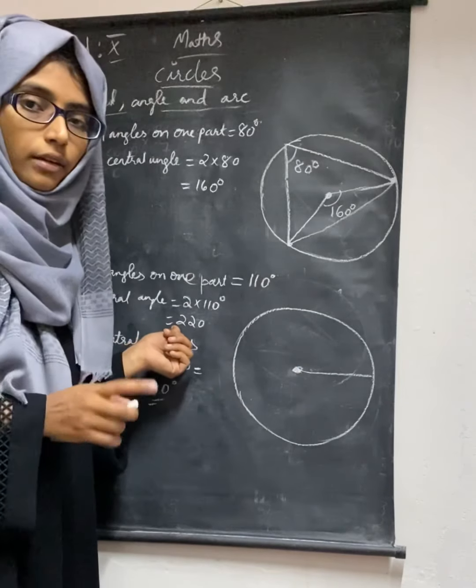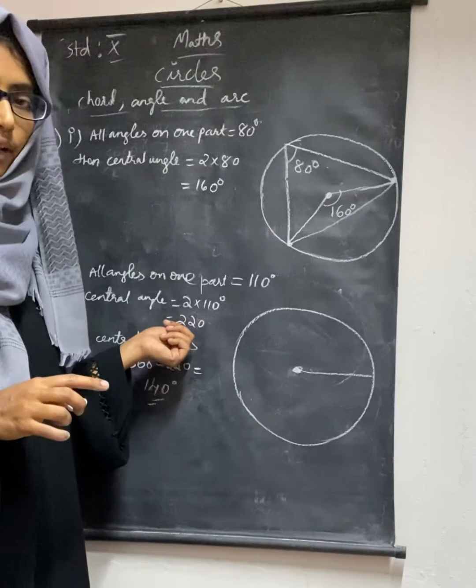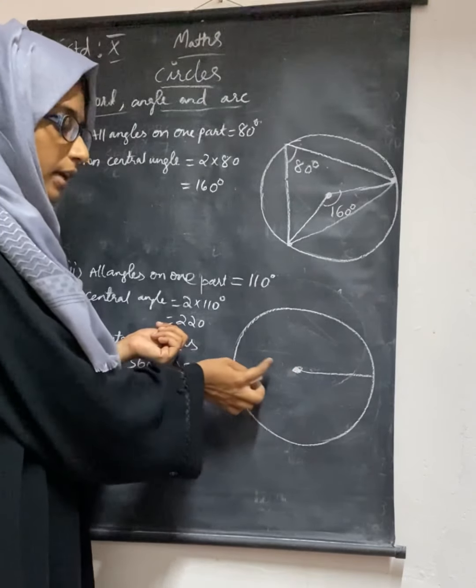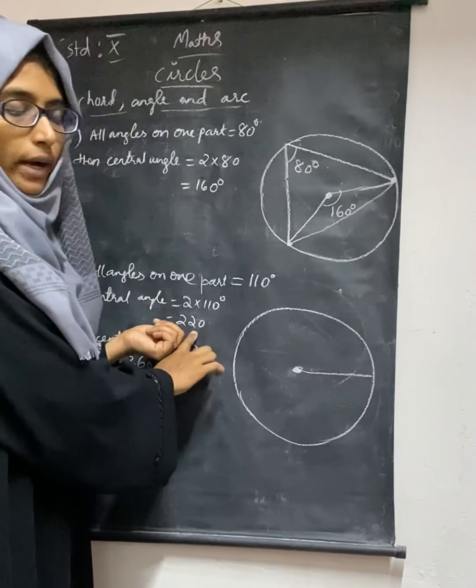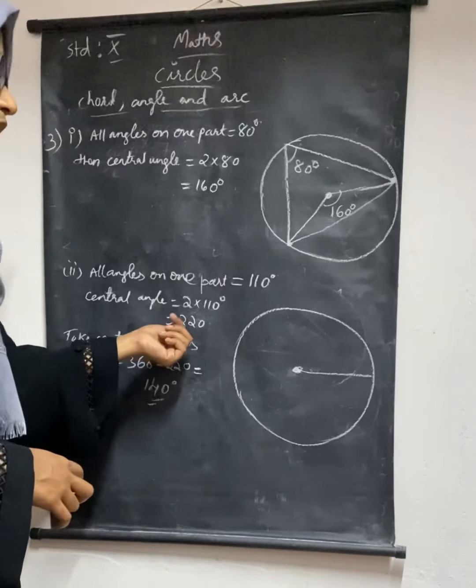But in our protractor, you know that it is till 180 we have. We cannot do 220. We can do it by keeping 180 and marking again how much we need to add to get 220. Like that we can mark it, but directly we cannot do. So what we can do is,